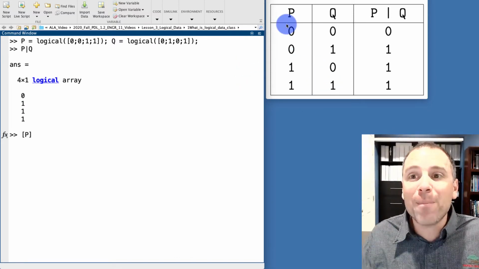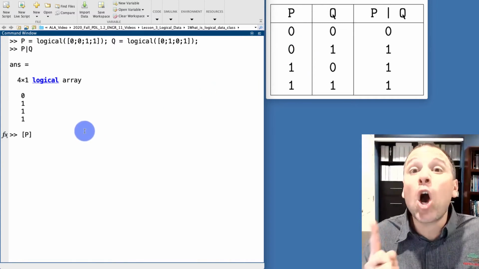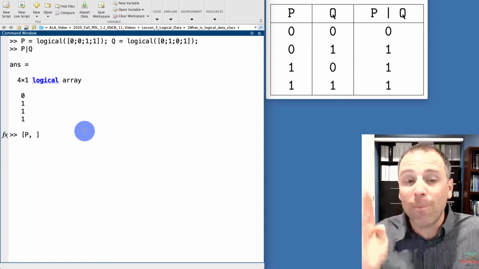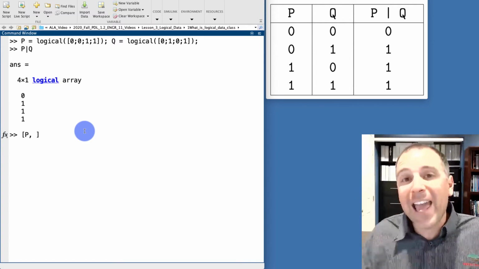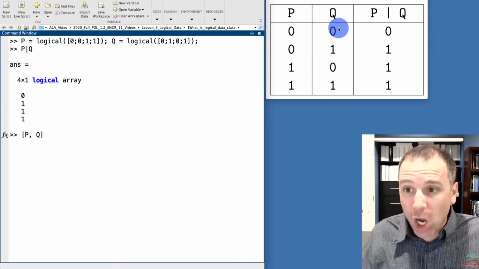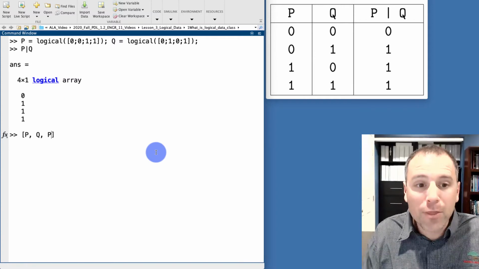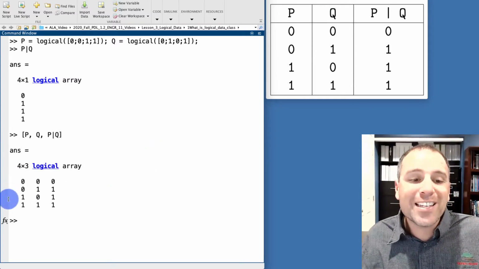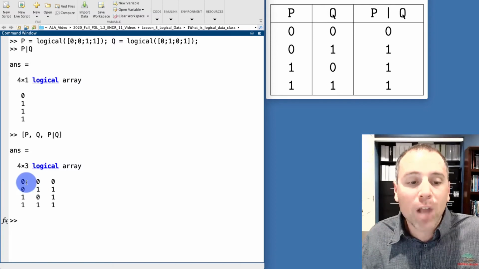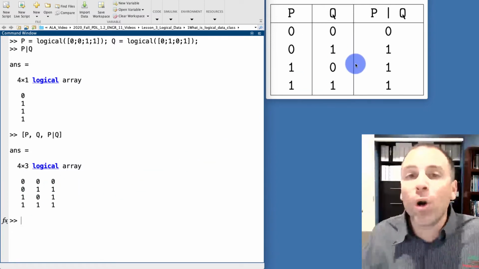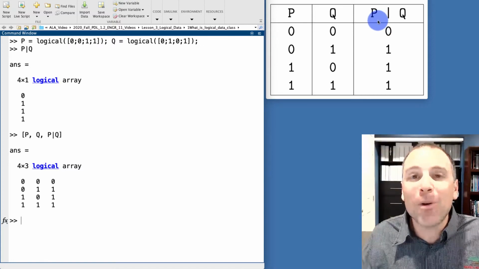So the first column of that matrix is going to be the first column of our truth table. We'll go ahead and use the column partition version of a matrix in order to store column by column. We end the first column with a comma. The second column is going to store this column of my truth table. And then the third column is going to store P inclusive OR Q. Notice this non-vector logical matrix stores the exact truth table for the P or Q operation that we wanted.